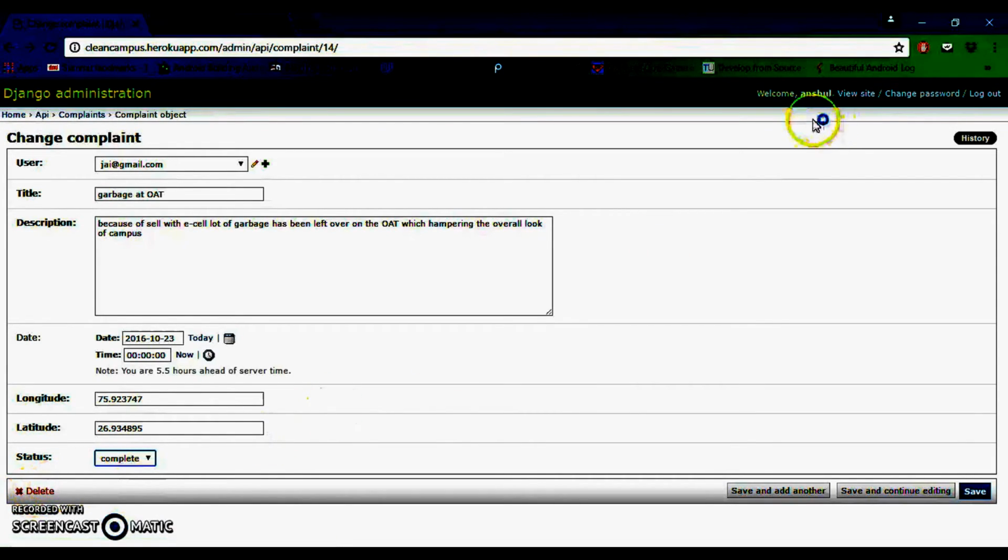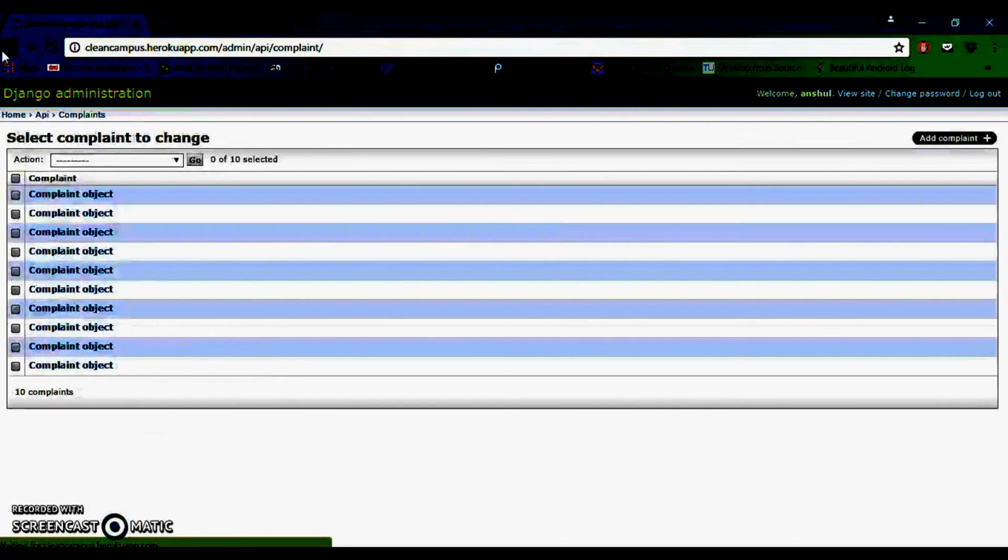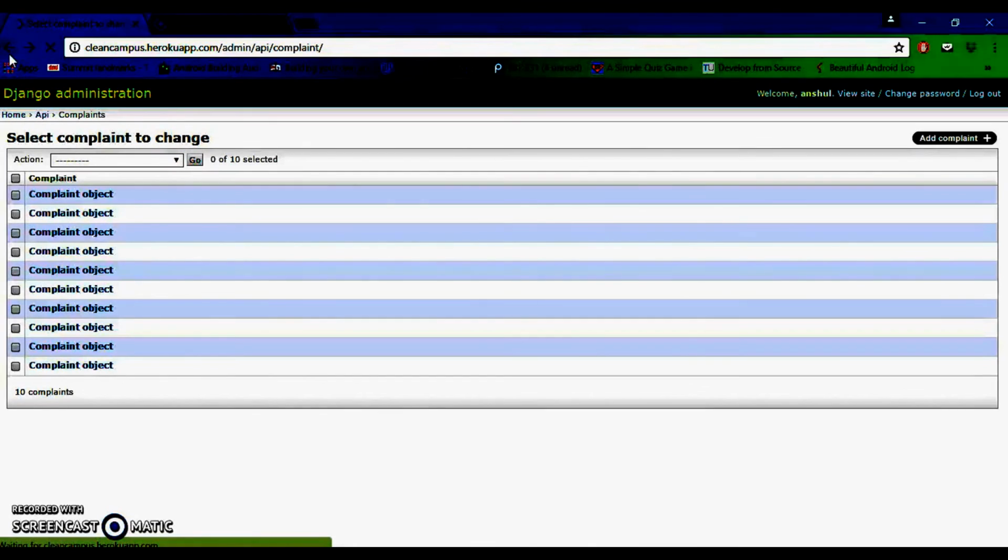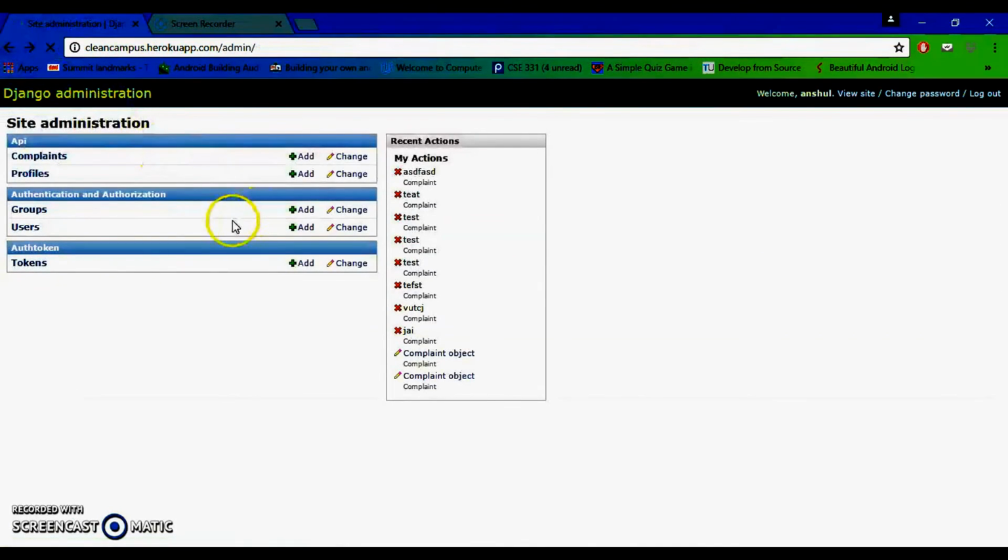Okay, so let's switch to the next section. We'll go again to the home page of the admin panel. Now here comes the second section, profiles. We'll click on that profile section.